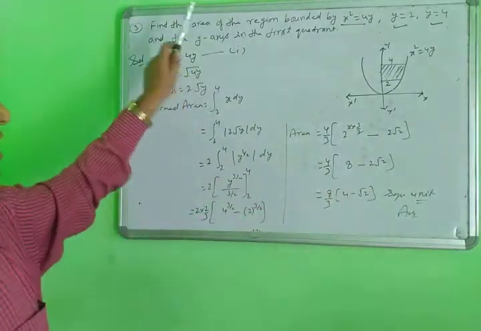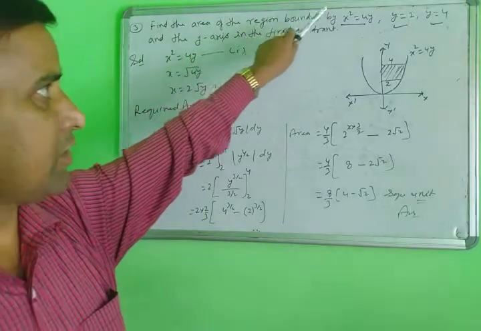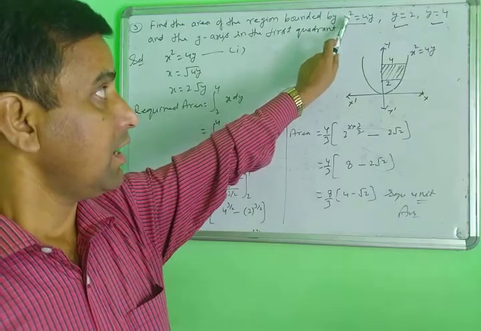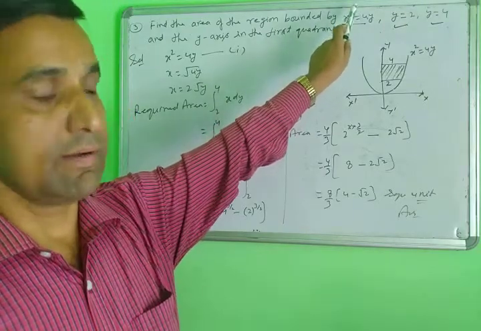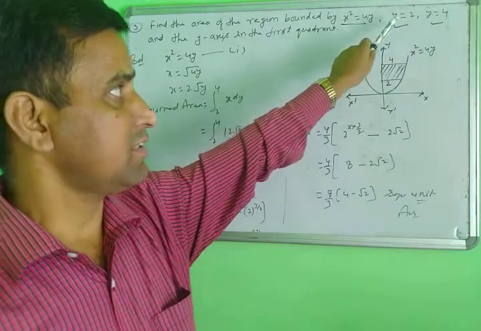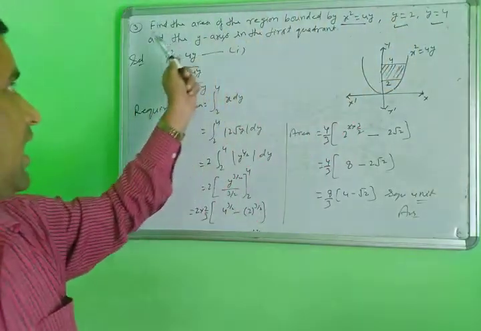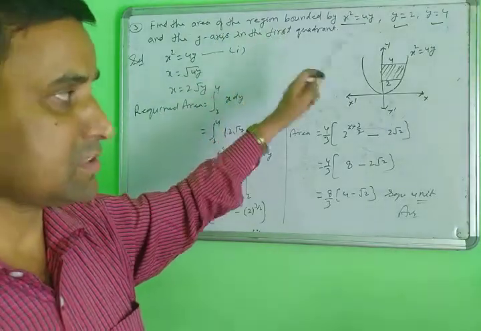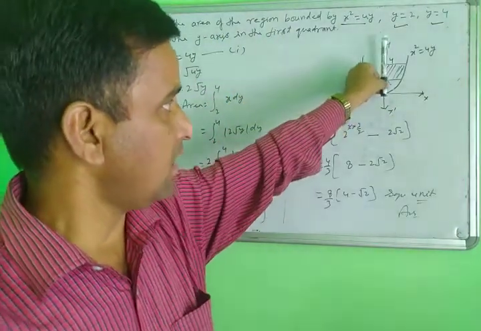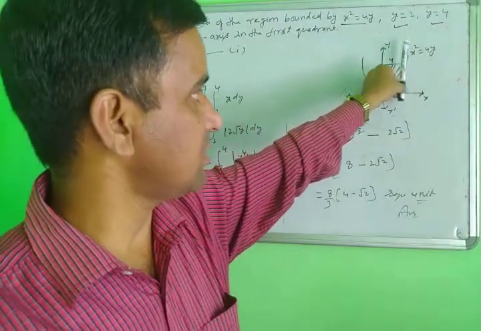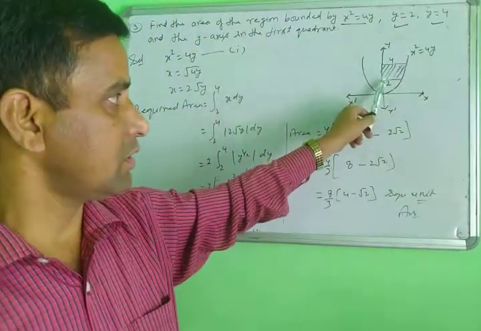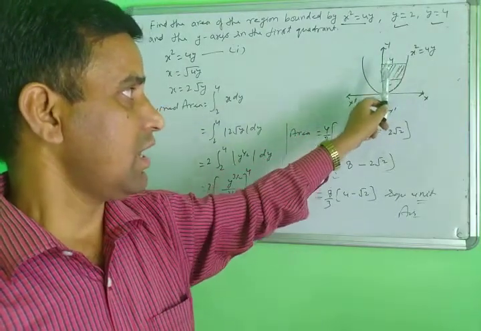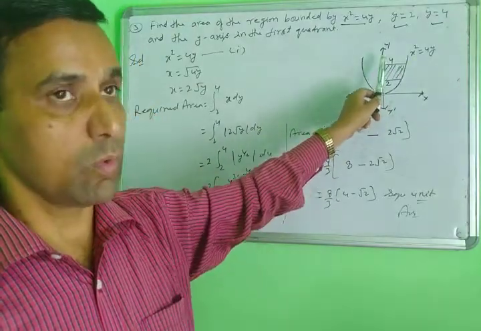So what is the question here? To find the area of the region bounded by this curve, and you know this curve is a parabola symmetrical about the y-axis. This is the lower limit, this is the upper limit, and the y-axis. You take the y-axis in the first quadrant only, not the second quadrant. This left part is the second quadrant, and the right side of this portion is the first quadrant. This is the lower limit and upper limit. Between the curve and the y-axis, according to the upper limit and lower limit, it is only the first quadrant.